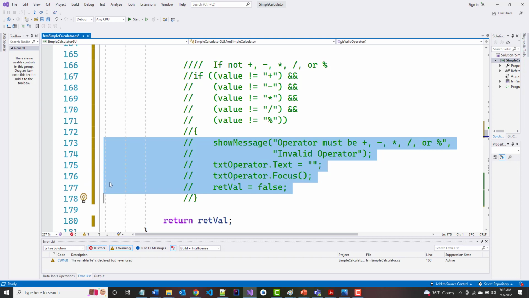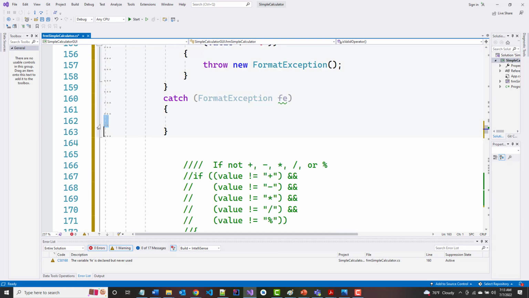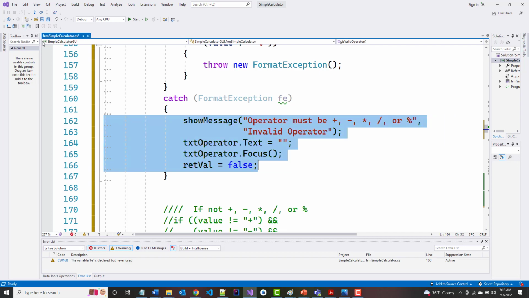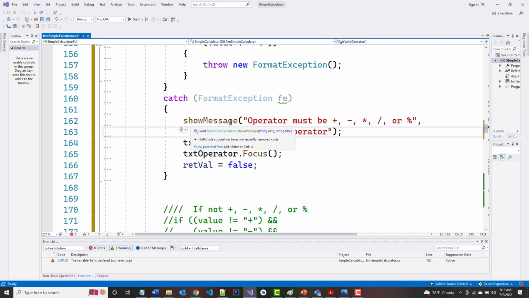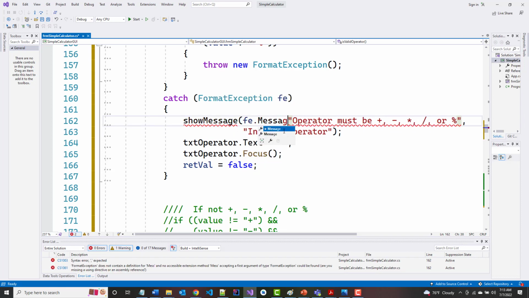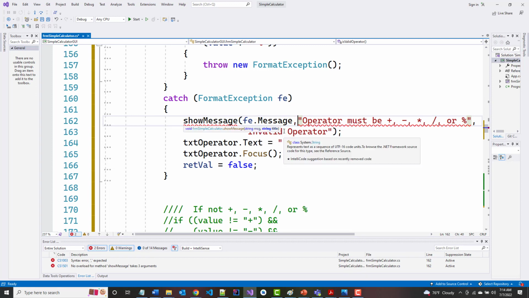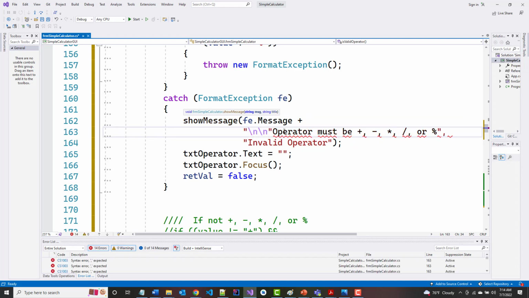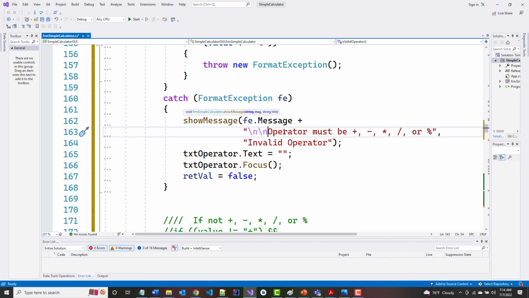So let's see. I'm going to grab the code that's in there currently. Let's see what I want to keep, if anything or everything, and what I don't want to keep. So I'm going to call show message, and I'm going to change this. Again, I'm going to put in fe.message, and that will give me the system message, plus, and in here, I'm going to put in \n, and I'm just going to change this to,